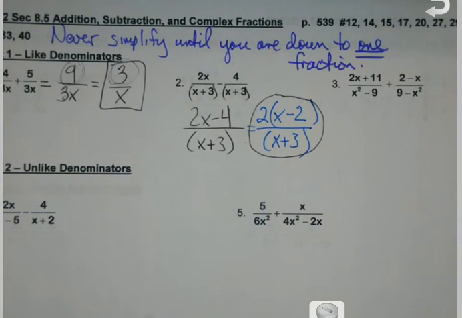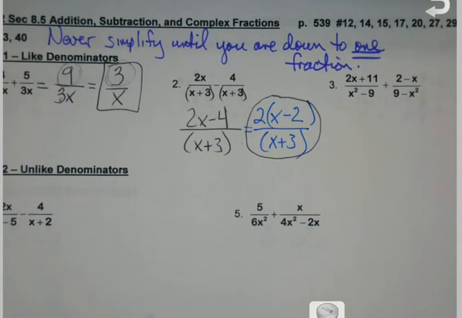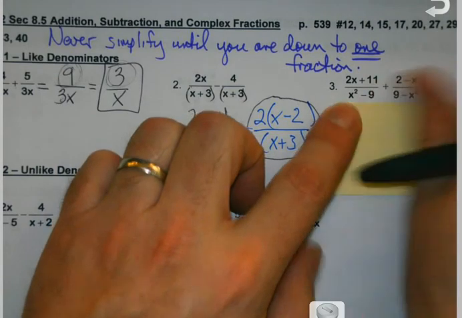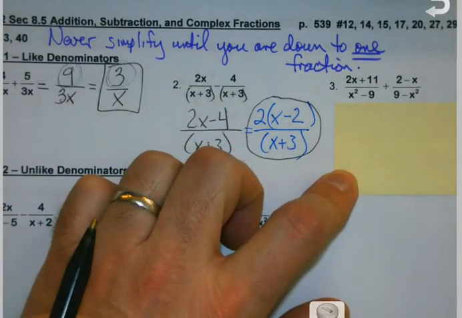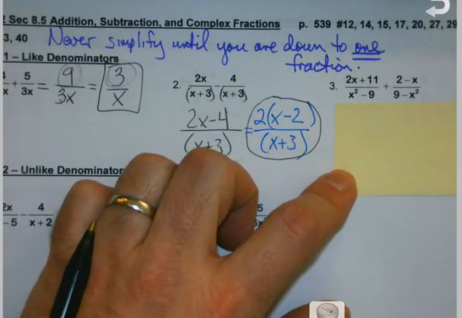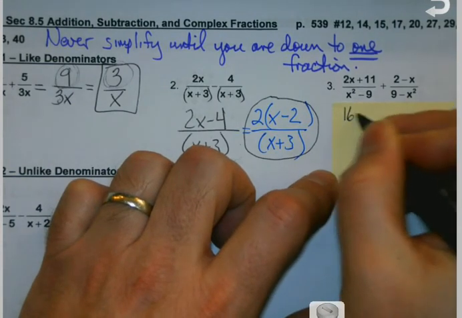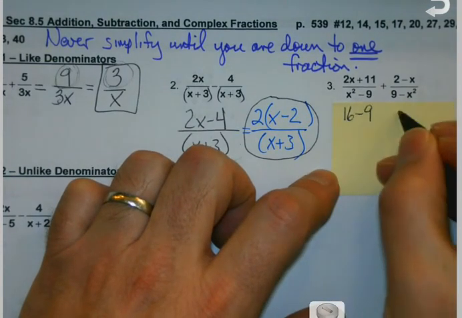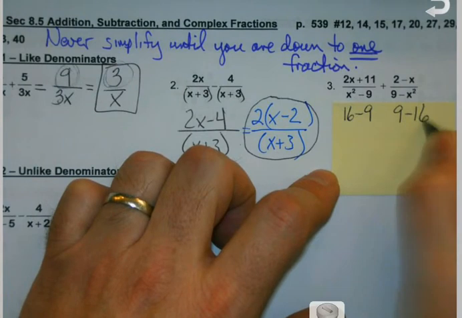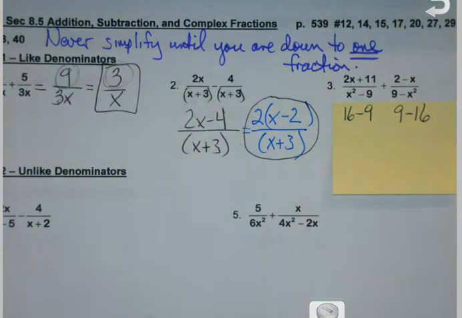Okay, this is our tricky one. First question. Are my denominators the same? Oh, I'm getting yes and no. Negative 9 and positive 9. Okay, let's plug in a number for x and see what happens. So let's say we use 4. So here I'd have 4 squared is 16 minus 9, and here, 9 minus 16. Is 16 minus 9 and 9 minus 16 the same thing? No, but